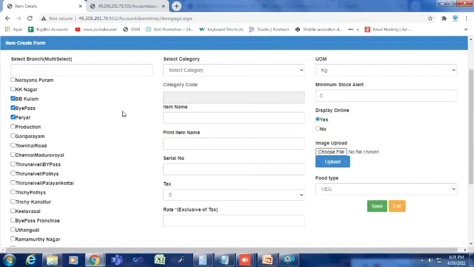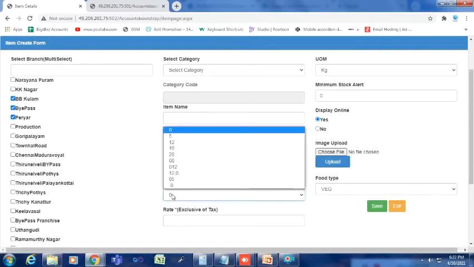we have created previously in the master, the item name, the print item name. So item name is just for the user purpose, to make him understand at the time of billing. The print item name is for the customer while he wants to take up billing. For example, the item name will be 001 for the user understanding, but the print name will be Choco Vanilla Cake. So something like that.